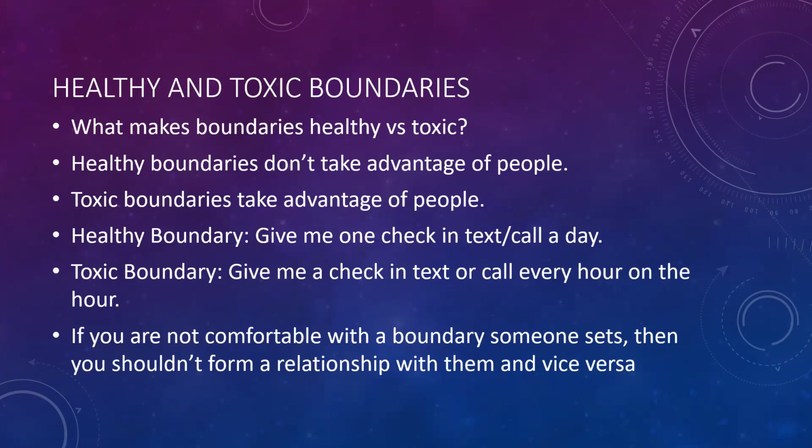Because ultimately, a realistic, healthy boundary might seem toxic to someone else, and a toxic boundary might seem realistic and healthy to that individual. And if neither of you are willing to compromise on what you both, not just one individual person, are comfortable with, then ultimately those relationships shouldn't be forming in the first place. Right? I'm not saying that you should be mean, rude, or disrespectful to each other. Of course, keep things civil and cordial. But again, a relationship really shouldn't be forming.